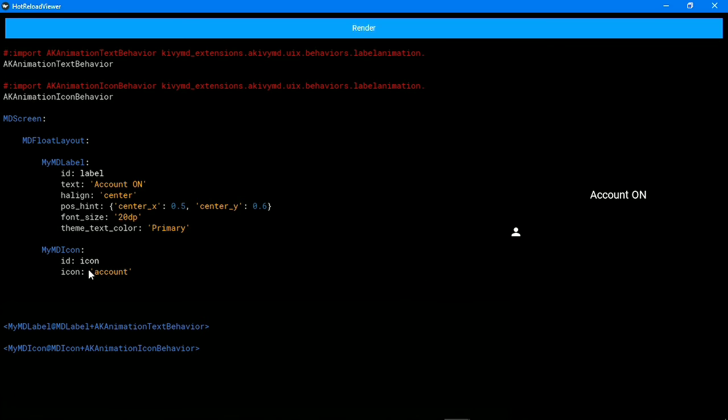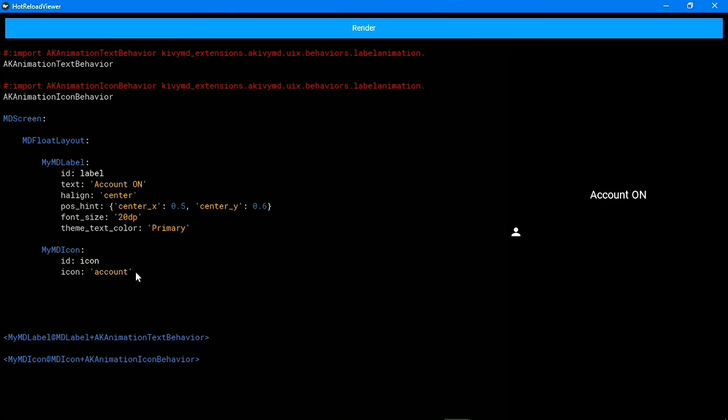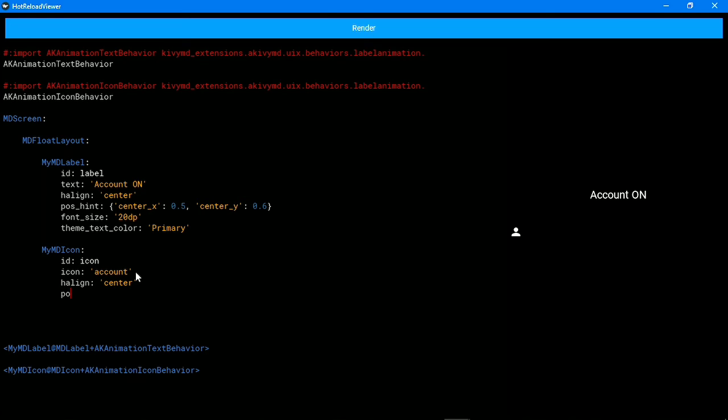You can see the icon has appeared on our screen. To keep the icon at the middle of its own container, we will set the halign to center. Then we set the position.